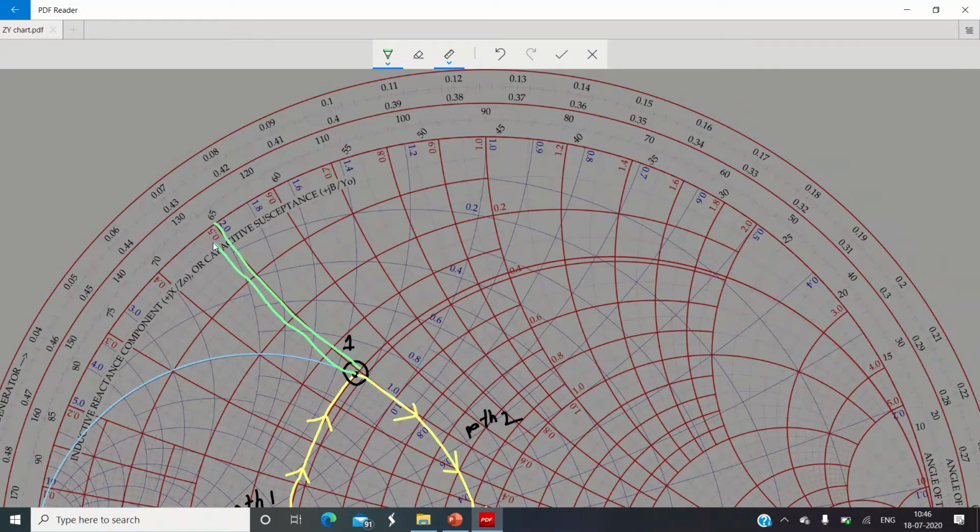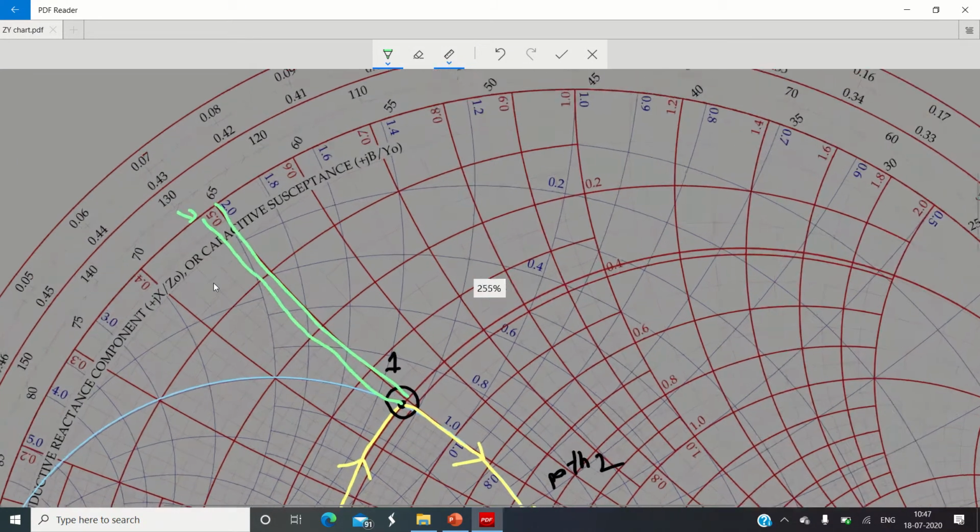Whether point number 1 is located in the upper half or lower half of the Smith chart, definitely it is located in the upper half. So for the reactance value, we need to consider the polarity as a positive value. As it is one line below 0.5, this is the value that we want to read. Now this value is exactly one division below 0.5, and 0.4 is over here.